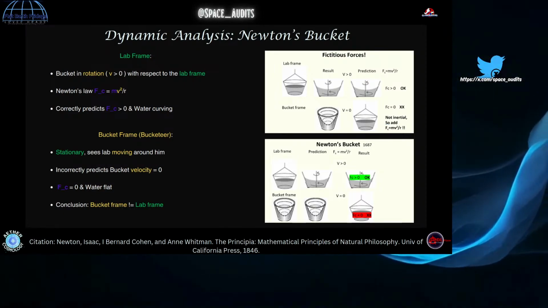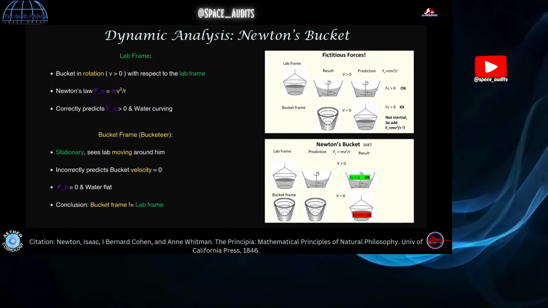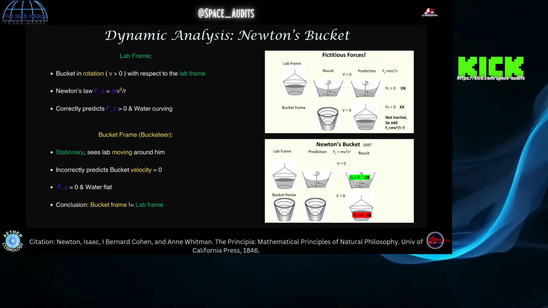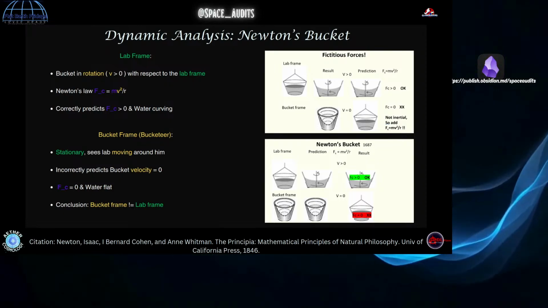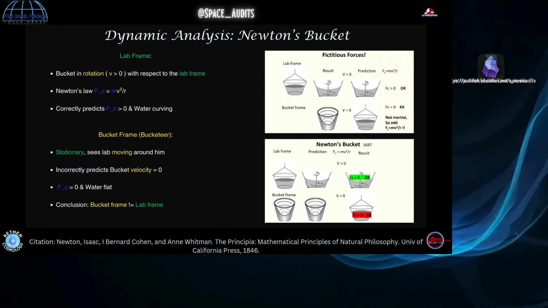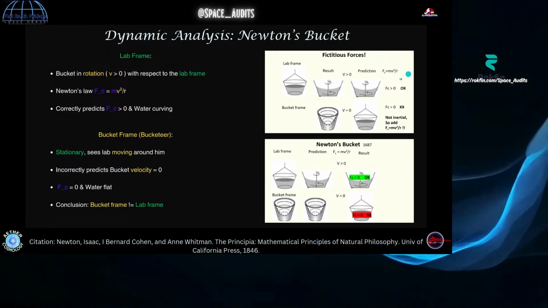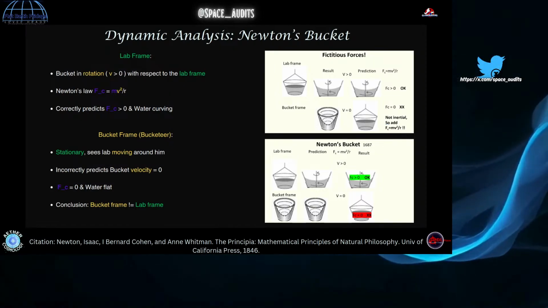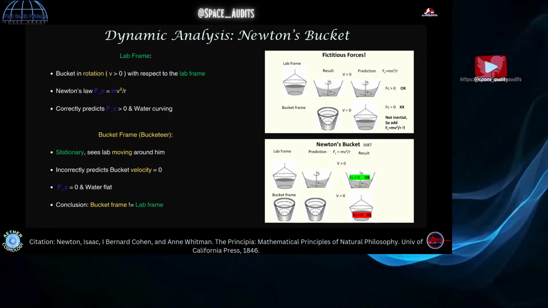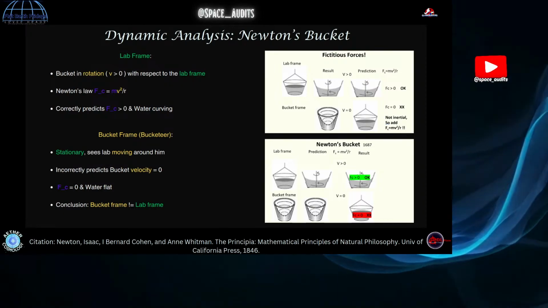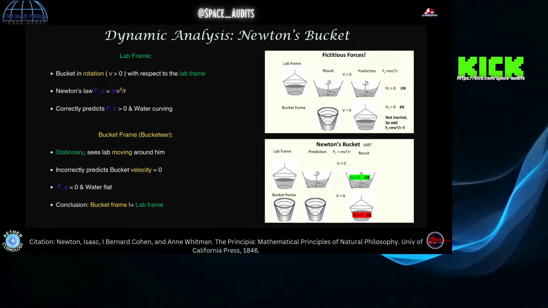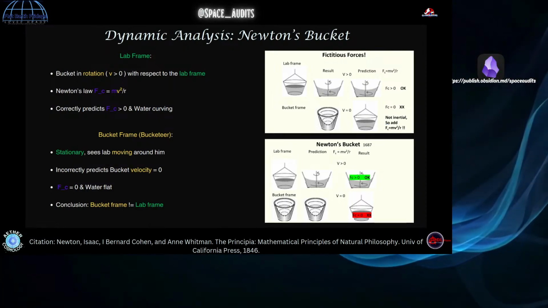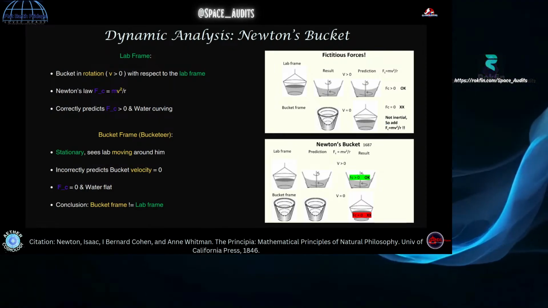So Newton says, "Hey, there must be a preferred frame that this is relative to, but it's not the Earth. It's going to be in the fixed stars, or I'm sorry, it's going to be in the solar system." And then, of course, that's where Mach said it's with respect to the entire mass of the universe, the mass distribution of the universe. So that's the overview of Newton's bucket and the bucketeer frame.